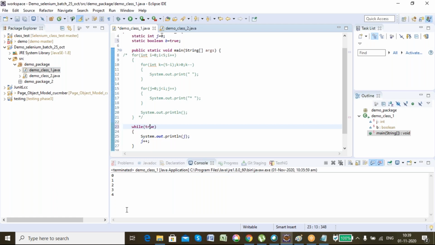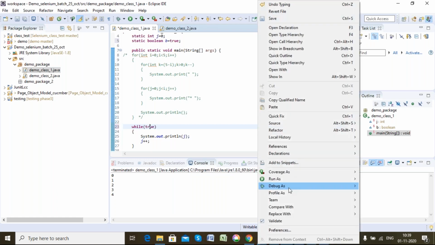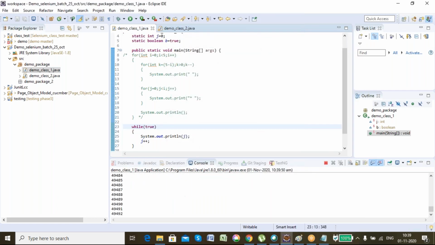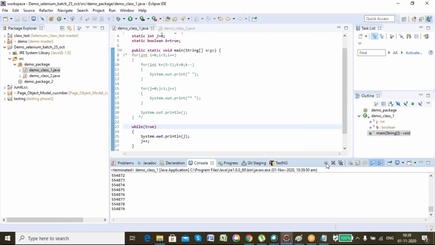If you run it and leave the computer for 100 years also, it will go on executing because it's an infinite loop, right? If I run it, it will enter inside an infinite loop. It will never stop. Your computer will hang, but the execution will never stop. I forcefully terminated it by clicking this particular button. See, it went from 0 to 554879, up to how much value, in such a microsecond.